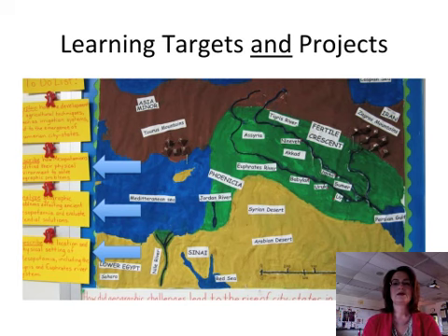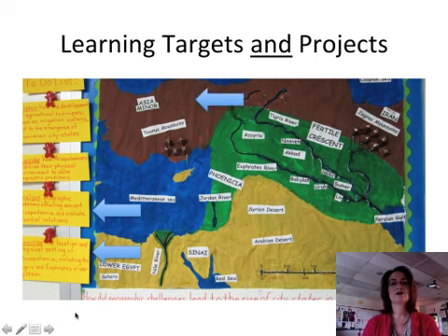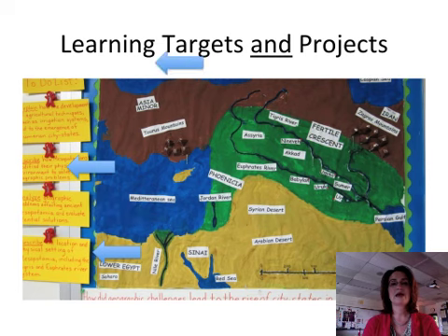So when we finished the project and we put it on the bulletin board, I didn't want it to just disappear in their minds. So instead we returned to the board often to make sure that the to-do list of skills and objectives that we had, our learning targets, were constantly met, and we would use the map to reach those learning targets, to talk about the different aspects of the geography that had an impact on the start of Mesopotamian city-states within the land between the rivers.